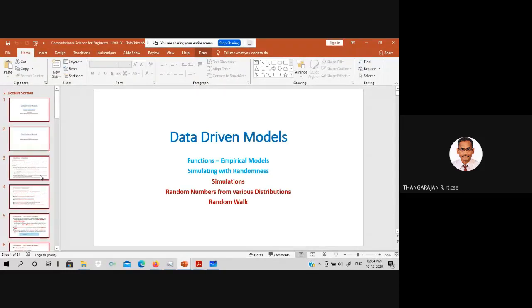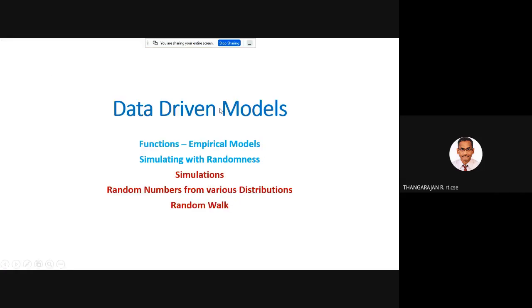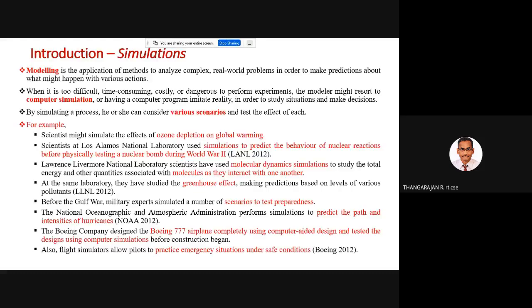Now here I will come to a topic called distribution. What we have seen so far is about some concepts in probability, and now we come to the concept of distribution. Probability and distribution together make meaning in our application. Why we need probability and distribution is because we are always interested in simulation and modeling.